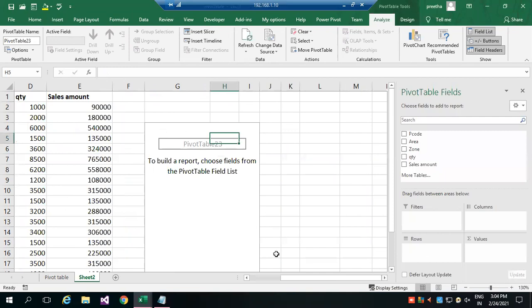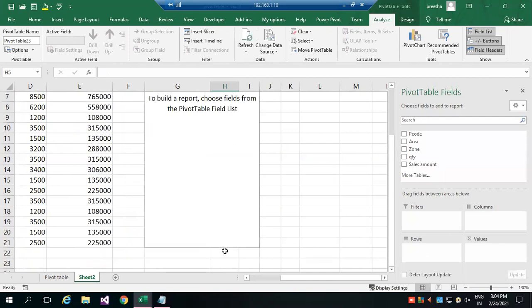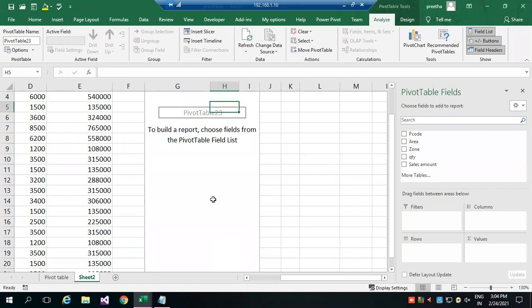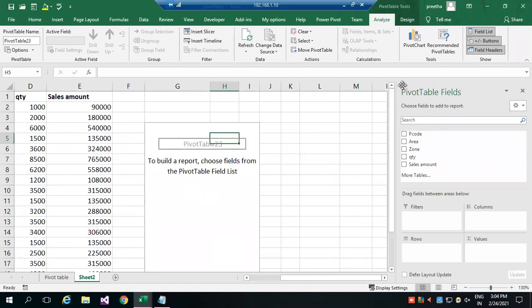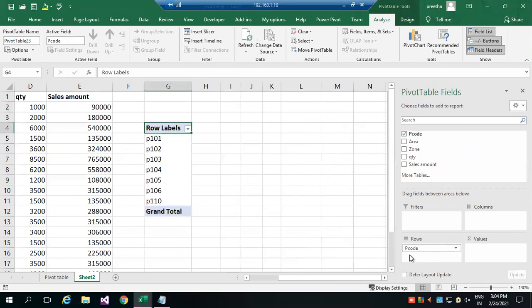So this is where you are going to organize it. Now in this pivot area, using the pivot fields, I will select product code and put it in rows. I'll select quantity and put it in values.